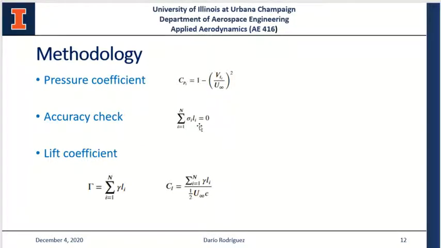So then there's a measure of how the code is working, which is called the accuracy check. And basically what it establishes is that the sum of the source strength times